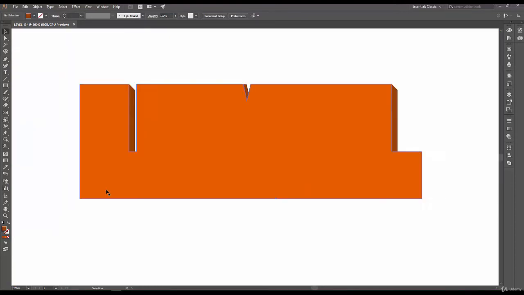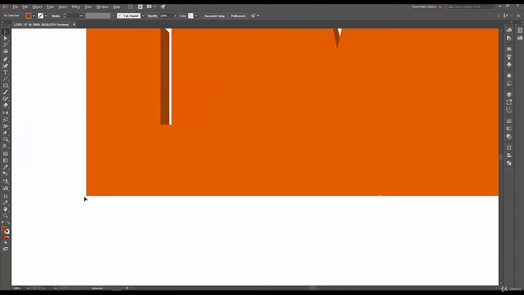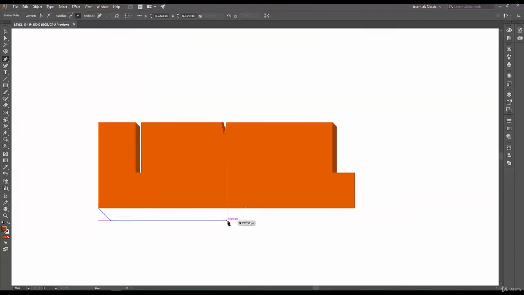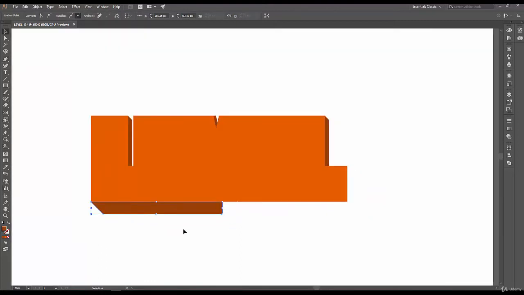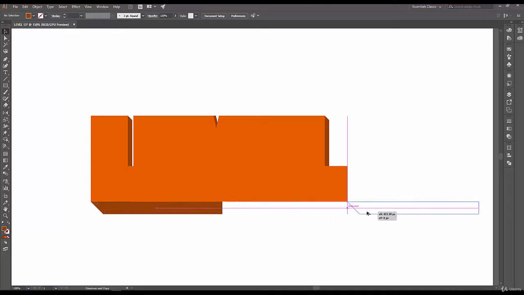Next, we want to put up a side on the bottom here. So what we're going to do here is the same rules, but with a little bit of twist. So nothing to be afraid of. We're going to click on the point here, hold shift, get a 45-degree angle, point, and we're going to draw it halfway and connect it. Next, we're going to duplicate it and bring it all the way to the right edge.